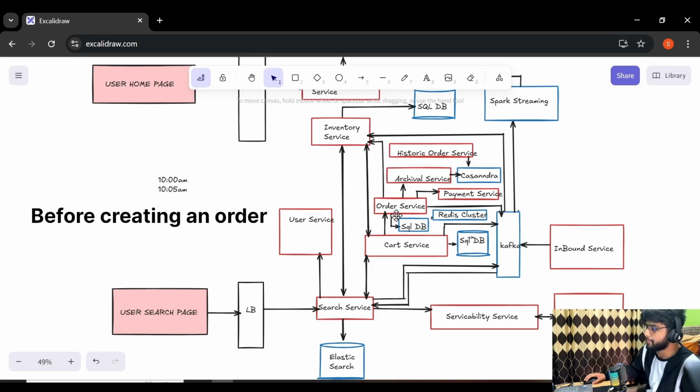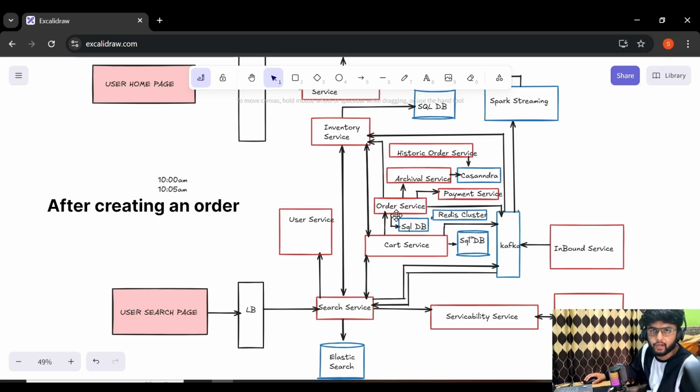Because before placing an order, inventory count was 2, and after placing an order, inventory count went to 1 because we locked the assignment and reduced the inventory count. But because of payment failure, the user couldn't buy the product, so we will have to increment the inventory size so that another user will be able to see that product and buy that product.